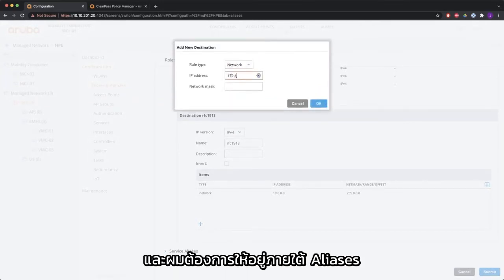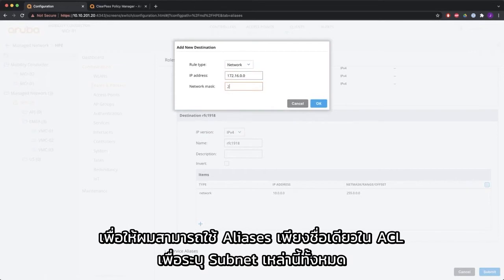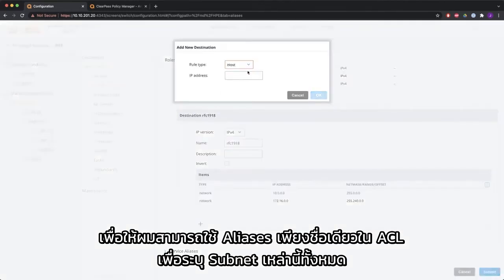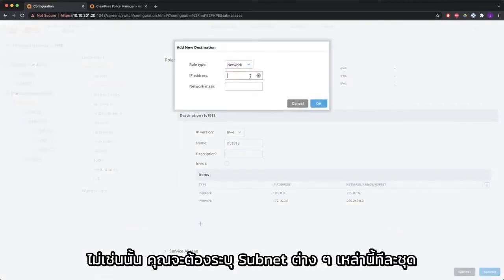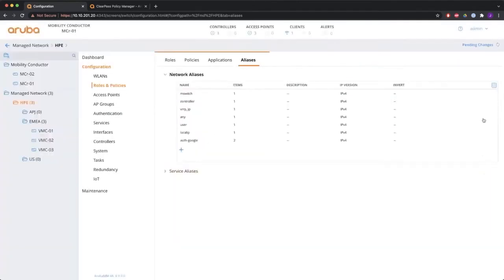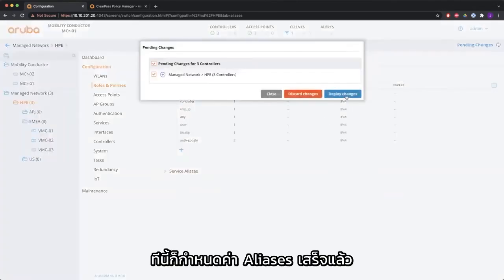And I want to have them under an alias so that I can use just one alias name in an ACL to specify all these subnets. Otherwise you would have to specify all these different subnets one by one, and it will create an enormous amount of ACLs. So alias is configured,